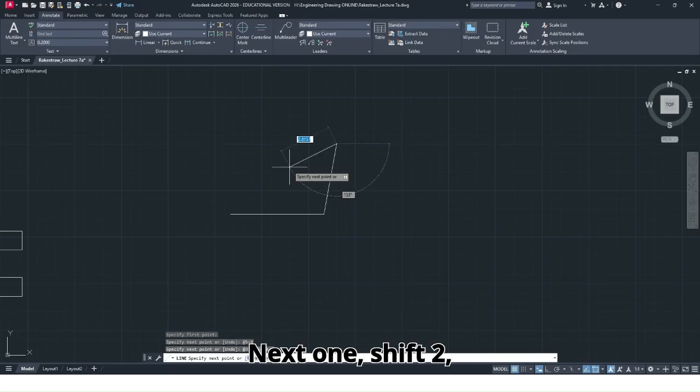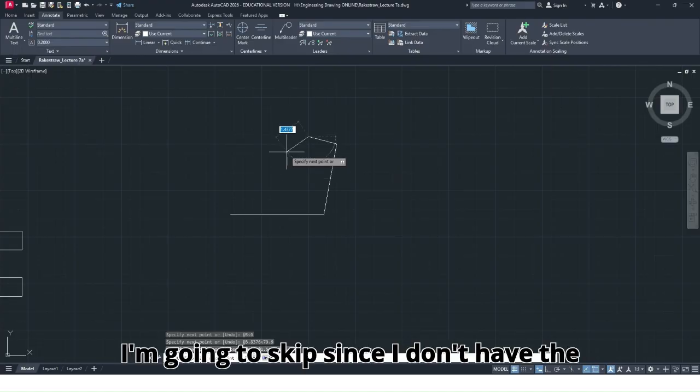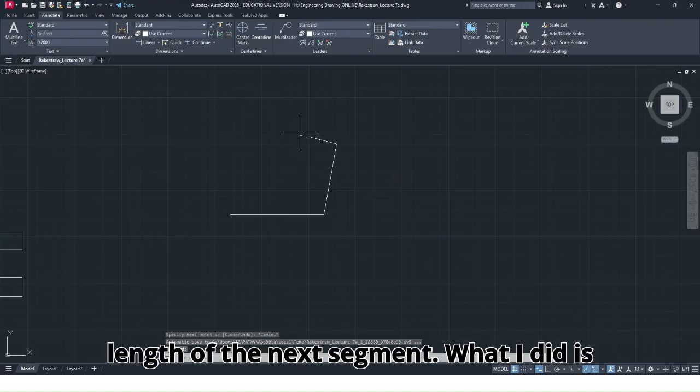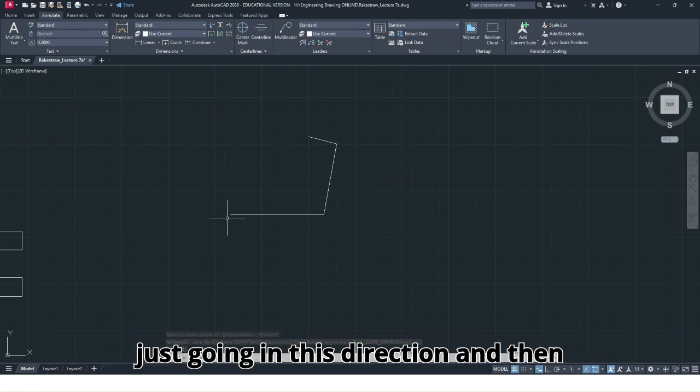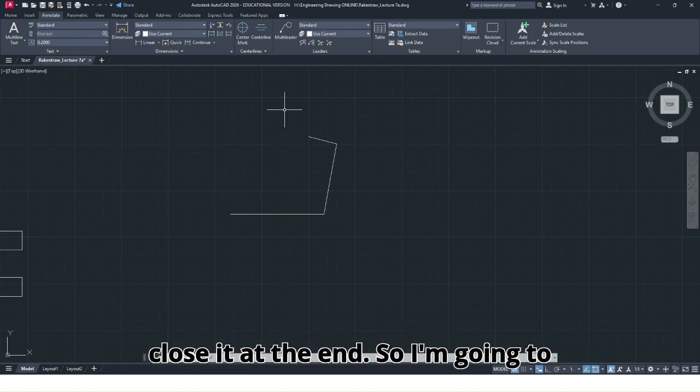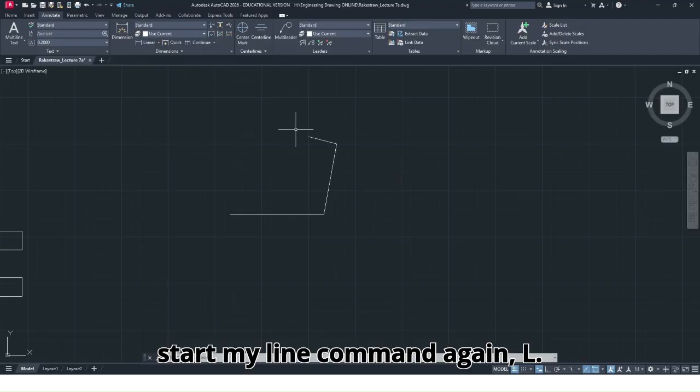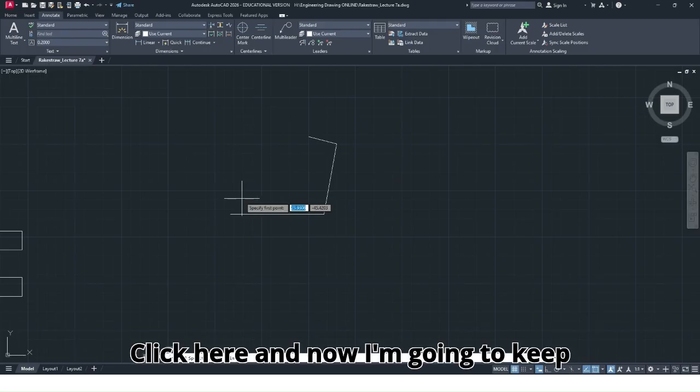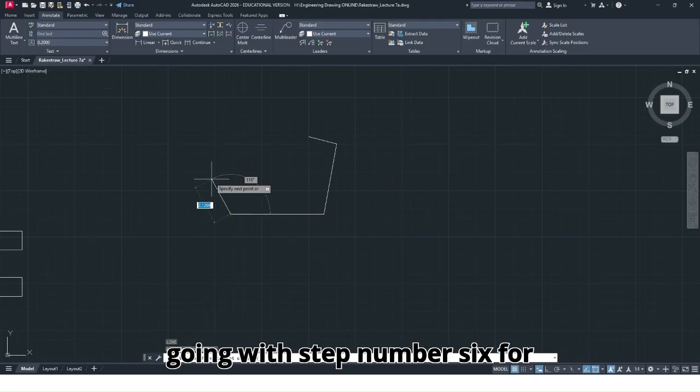Enter. Next one, Shift 2, distance 1.5403. Tab, 165.83, enter. Then I'm going to skip since I don't have the length of that next segment. What I did is just go in this direction and then go clockwise, and then I will just close it at the end. So I'm going to start my line command again, L, click here, and now I'm going to keep going